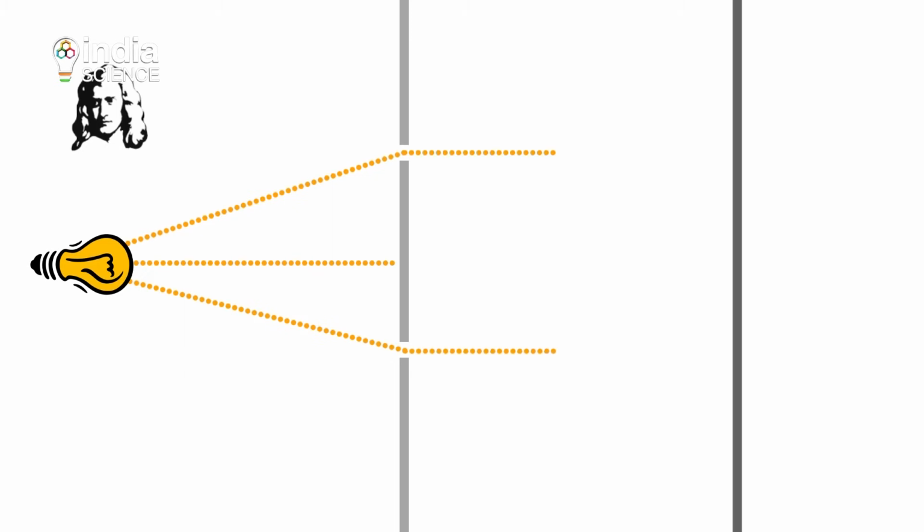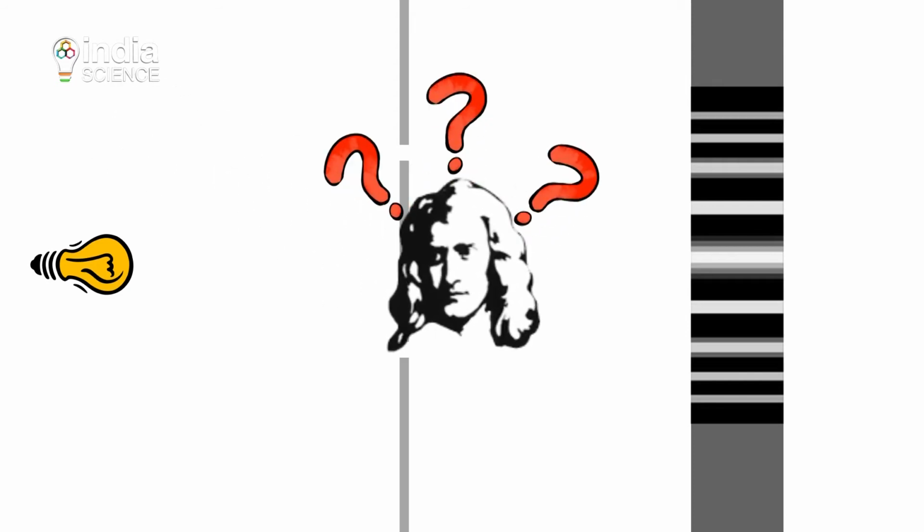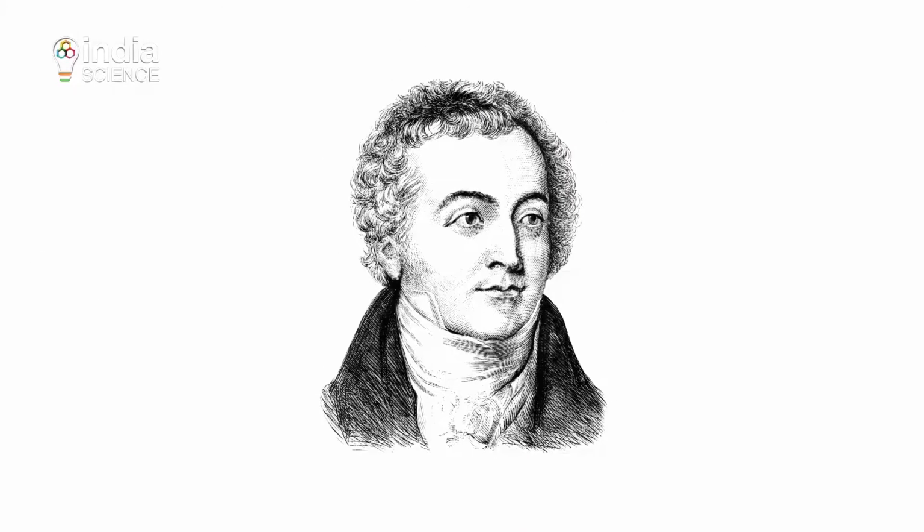If we take Newton's particle model of light, we would think that light from the two slits will travel in a straight line and mark two bright spots on the screen, right? But this is not what happened. The screen showed an alternating pattern of dark and bright bands. How was this possible? Newton's particle model failed to explain so. Young could, however, explain this using the wave model.